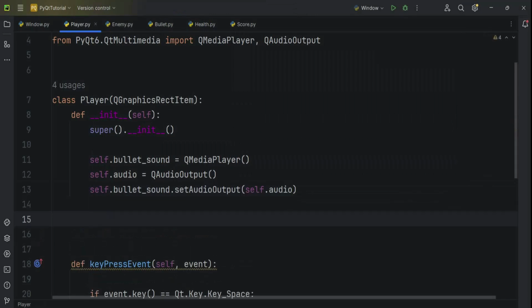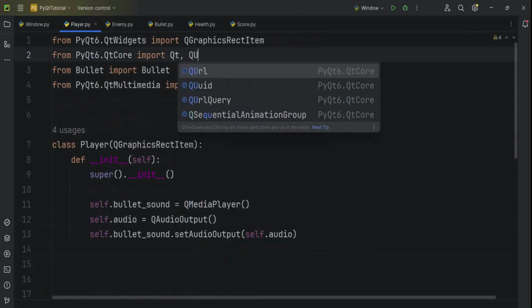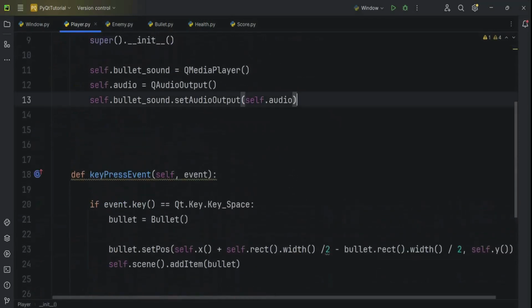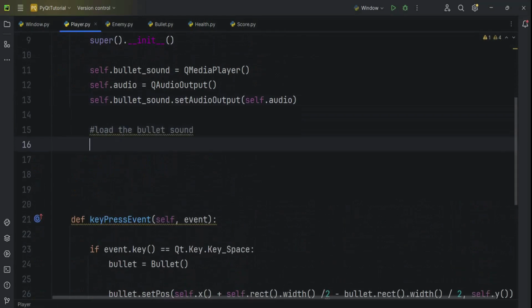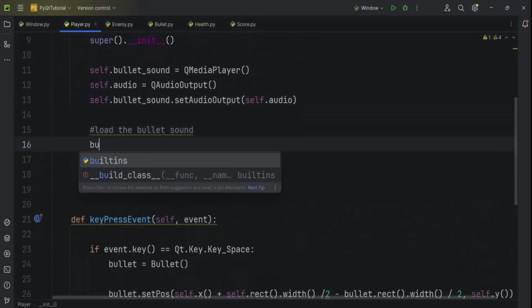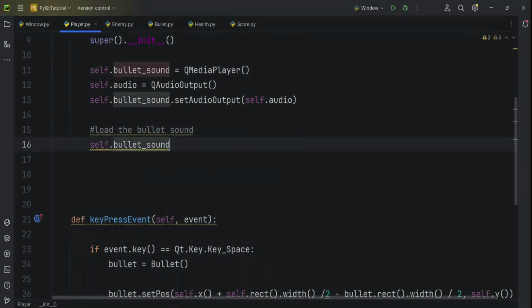After that, we want to load the bullet sound effect, and we need to import QUrl. So QUrl from Qt core, and in here we are going to load the bullet sound, self.bulletSound. I can just say bulletSoundUrl. First we need to create that bullet sound URL,